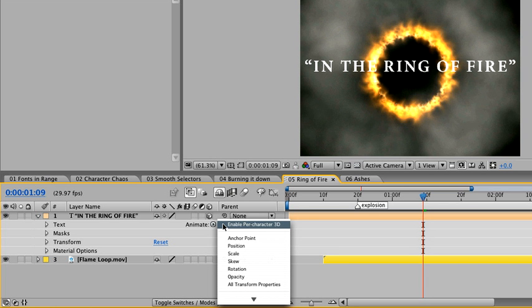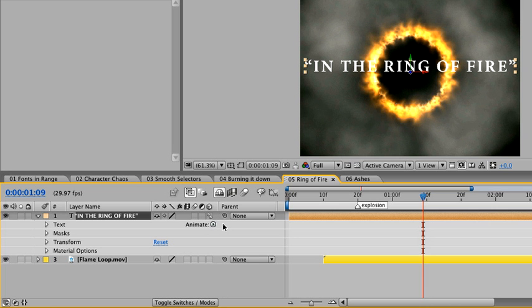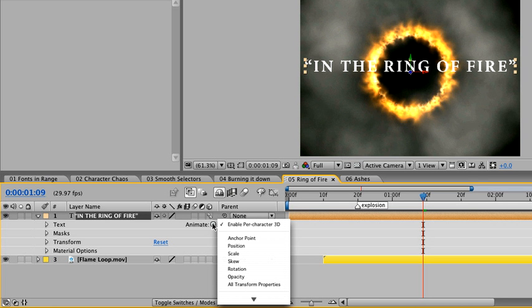Now when we do this, After Effects will change the icon in our switches column. Rather than having the straightforward 3D cube, we now have two little 3D cubes. This indicates that not only is our layer 3D, but each character in our text phrase has 3D transformation potential. Now if we animate many of the transformation properties, we'll see that they have 3 values rather than just 2 values. If I click to add all transformation properties, we will get all of these, anchor point all the way